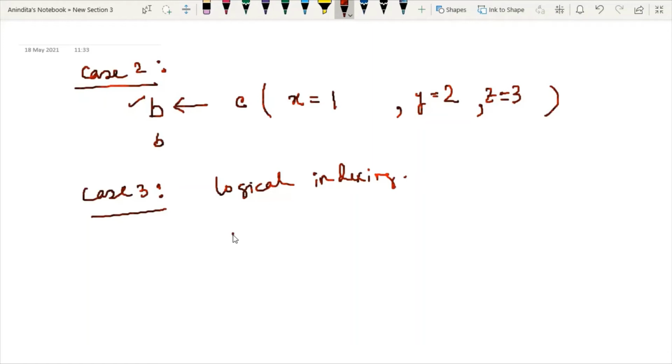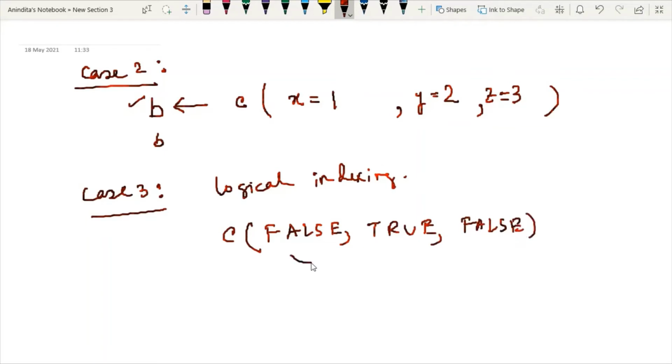Whenever I write a vector and inside it I write false, true, false, it means this is a vector where the components are of type logical.